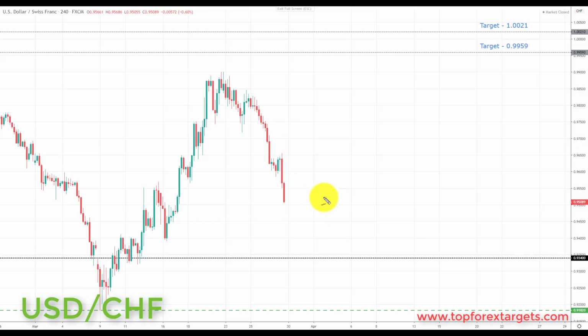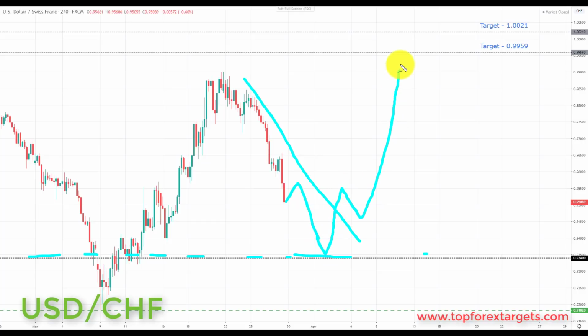But going into this week, we are still looking for bullish setups in this market. We are still looking overall for a reversal to the upside. Any pullback in this area is still going to be viewed as an opportunity to go long, and preferably, to give us the best risk to reward towards the targets, we'd like to see if we can come back and retest broken resistance from the past turning support at the 0.9340. This would be a great place going into next week to start to look for those bullish setups, and we're going to be looking at initiating longs up towards the next key area of resistance to the upside and the target set at the 0.9959.